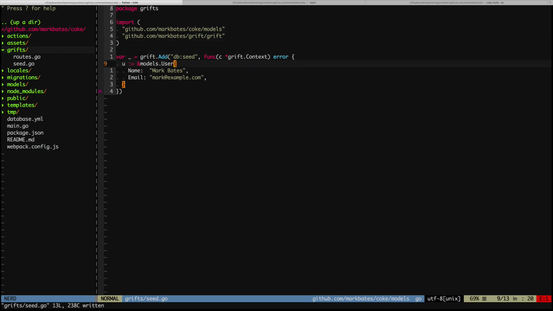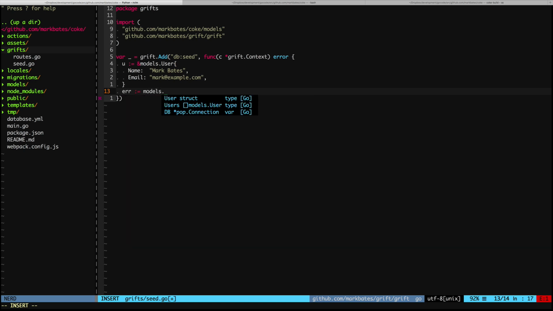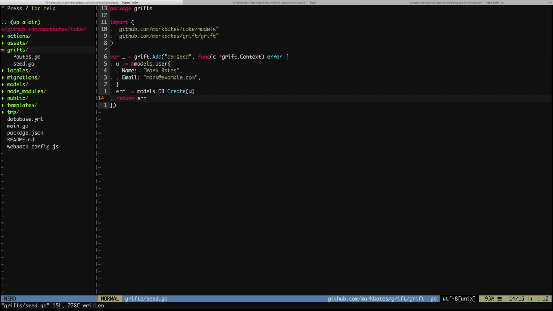Great, we have our model. Now all we need to do is do something with it. So we'll do models.DB.Create,